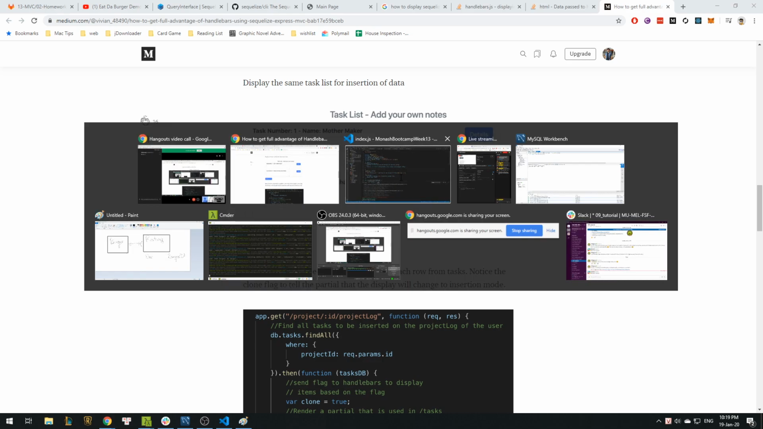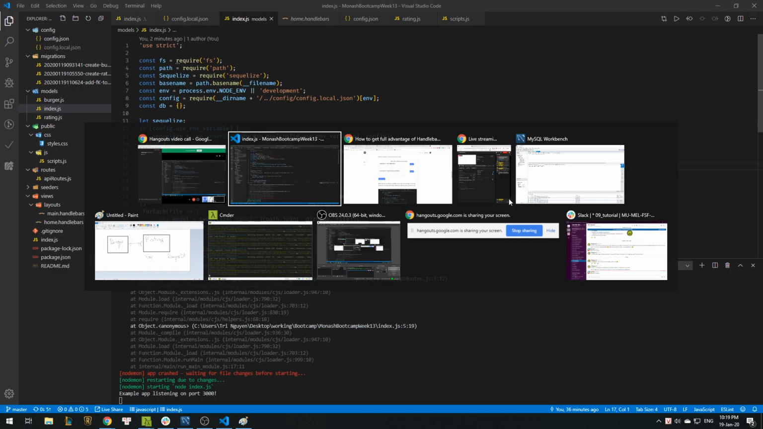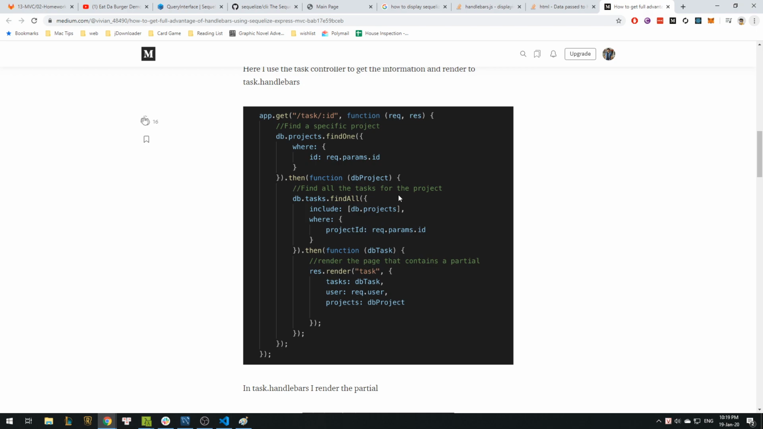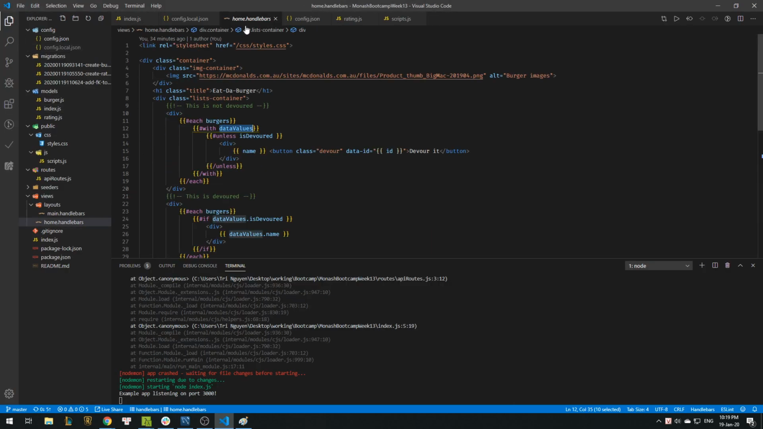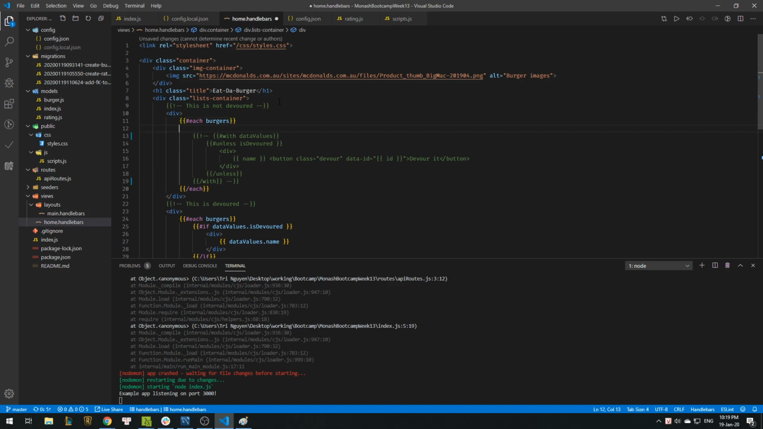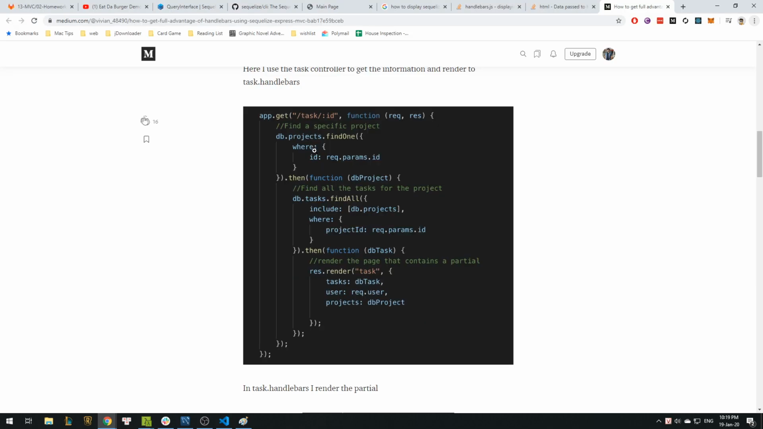Apparently, you can straightforward use it. So if he used find all, I also use find all, but how does it work? I'm gonna ignore this for a while. For each burger, we have name. That's why I said